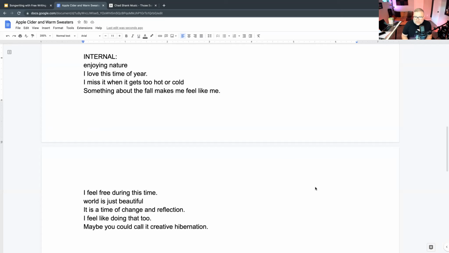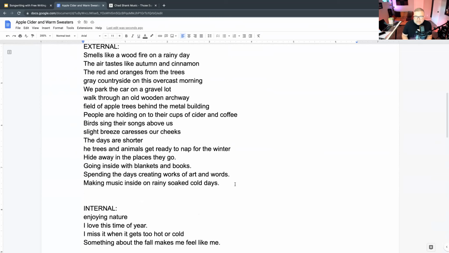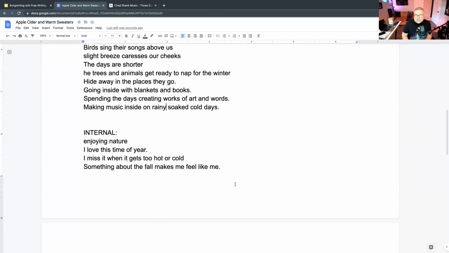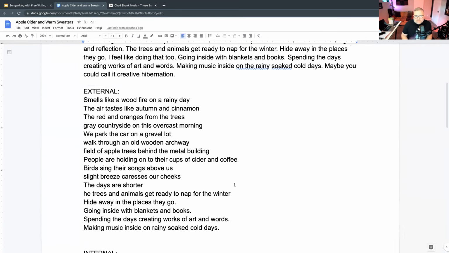Camden asks, are we doing this for just the last thing we wrote or all of them? Just the last thing that you had written, Camden, for now. So that's kind of why you break them into external and internal, it gives you the ability to see how you're mixing the showing and the telling of your work.